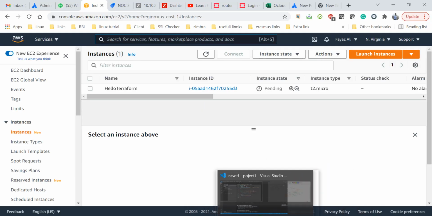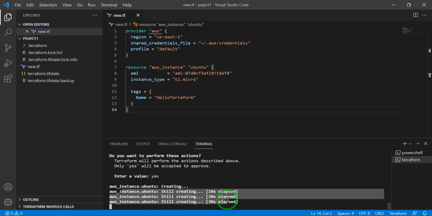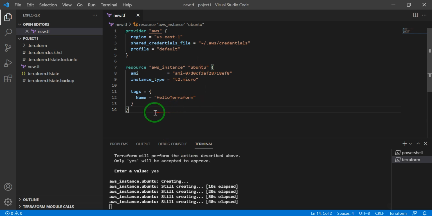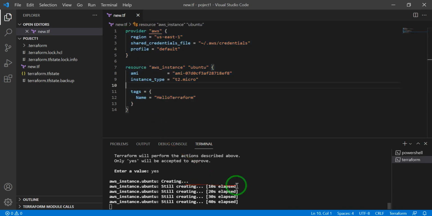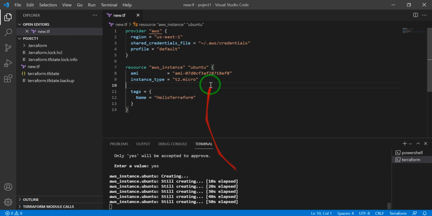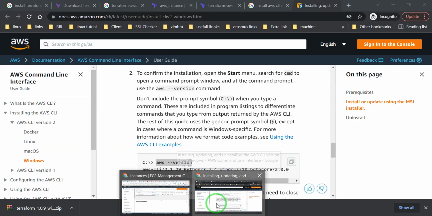So this is how we can provision the machine. The Ubuntu instance is still being created. It takes a little bit of time. If your service is heavy, it will take 30-40 minutes. It depends upon your code, how long your code is. We do not have too much code here, so it will take a couple of minutes, hardly 4 to 5 minutes at max. So this is how we have achieved using Terraform to deploy our instances over here.